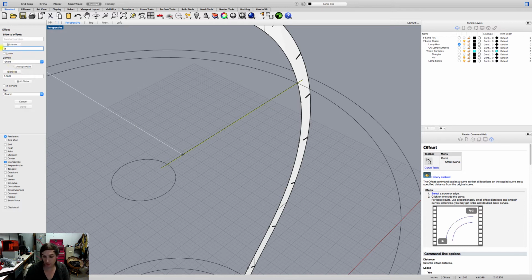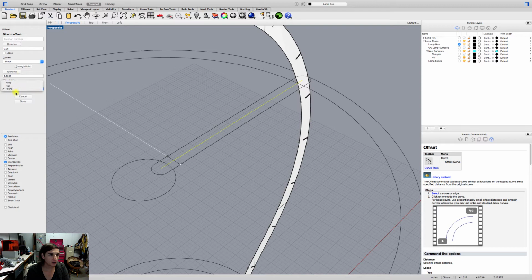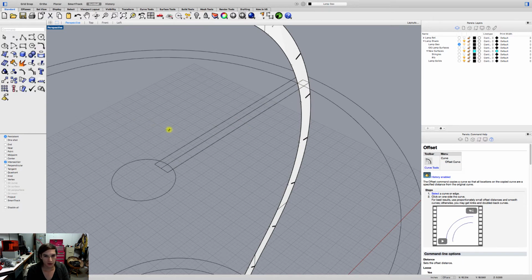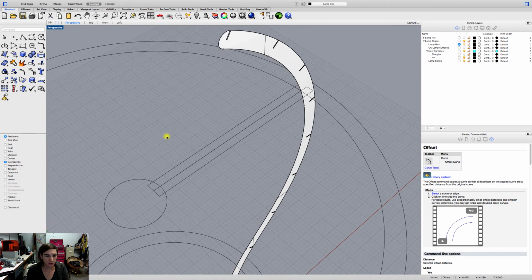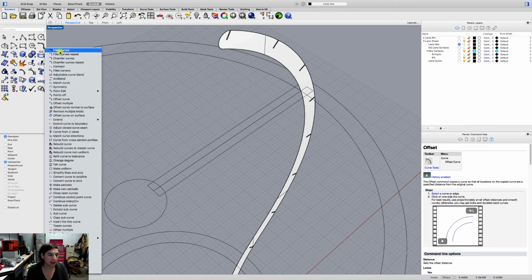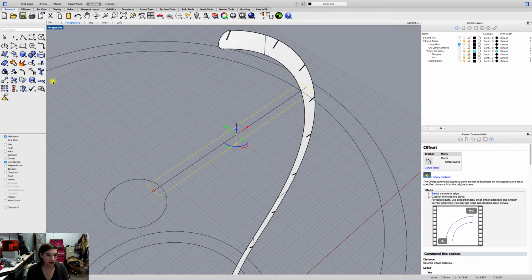I'm going to offset it 0.25 both directions, both sides. I don't need it. I can just do flat. And then what I can do is, let's see if I can fillet that edge nicely. Fillet curves. Let's actually array it,